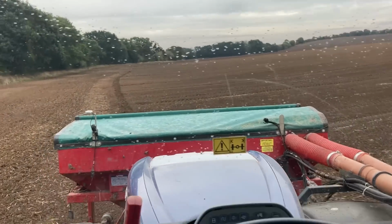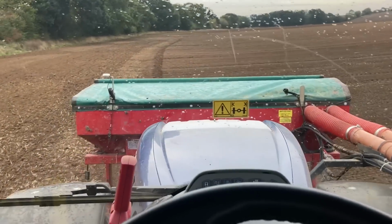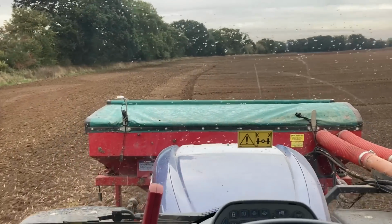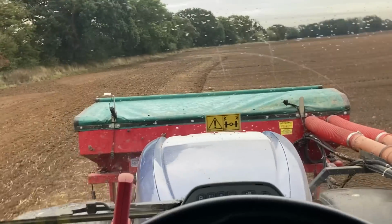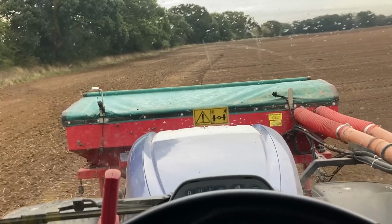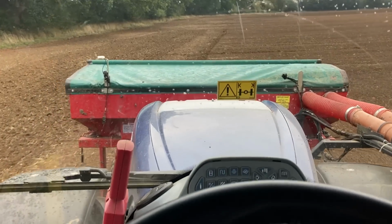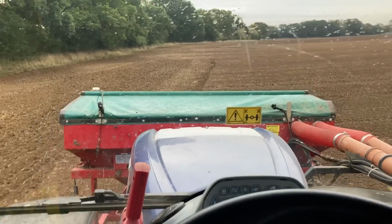Now Monday afternoon, it's about 3:30 I think. Almost finished this field, and now on the third row round. The rolls are somewhere, see it's been rolled in front of me. Rolls are somewhere at the top of the field. I think it's right at the top of the field so we can't see them. But as you can see,